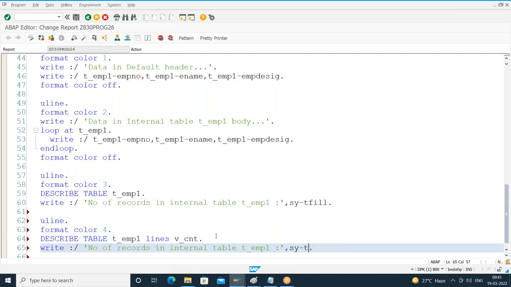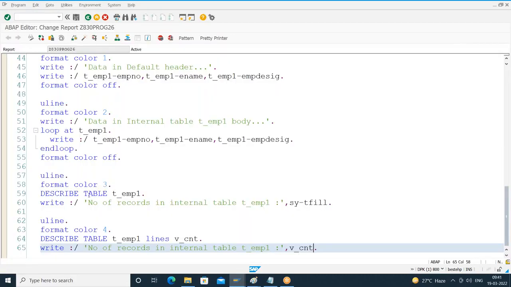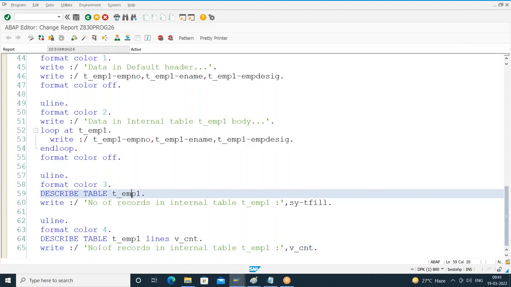So again, what is the variable? v_count. Both will give the output as 5 only. Here I got 5, here also I got 5. What I'm trying to tell you is I can use the describe statement like this, or I can use it like this. If I use it like this, the count value will be captured in the system field